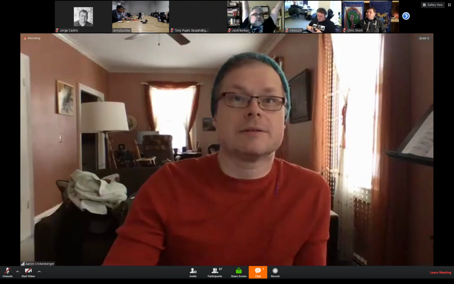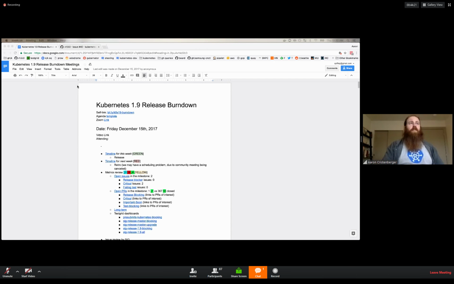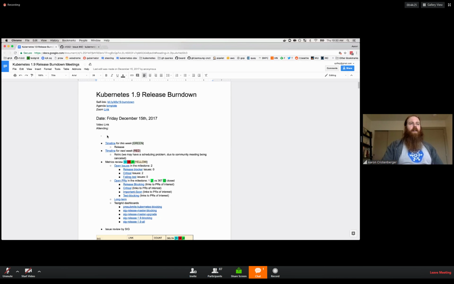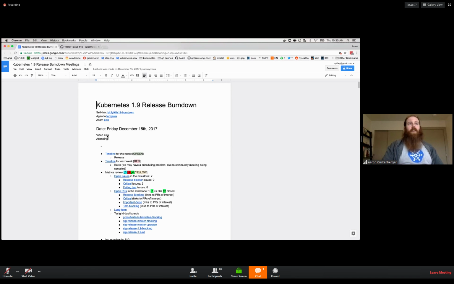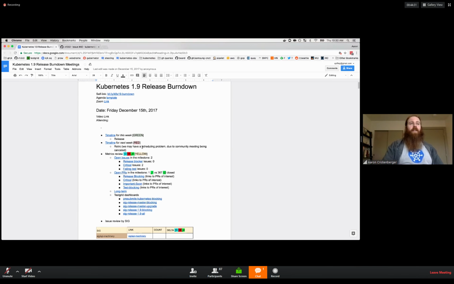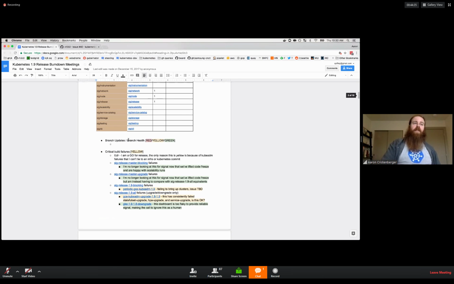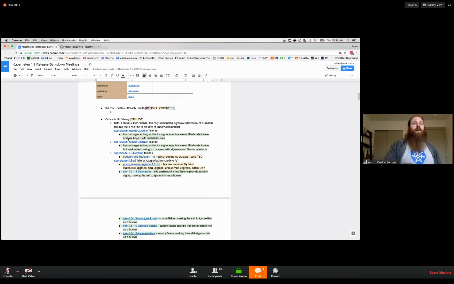Hi, I'm going to share my screen again so I can point you to the doc I'm talking about. As we did burn down meetings, which started 3 times a week and then gradually became every day during the 1.9 release, we had a doc, during the 1.8 release, that looked like this, with green, red, yellow statuses and metrics with little indicators that said whether or not they went up and down. This was maintained by humans.